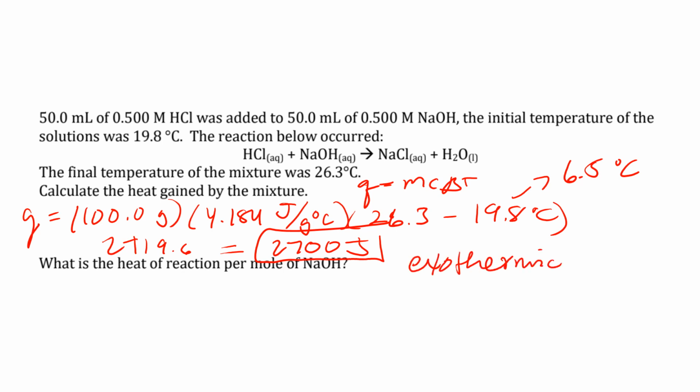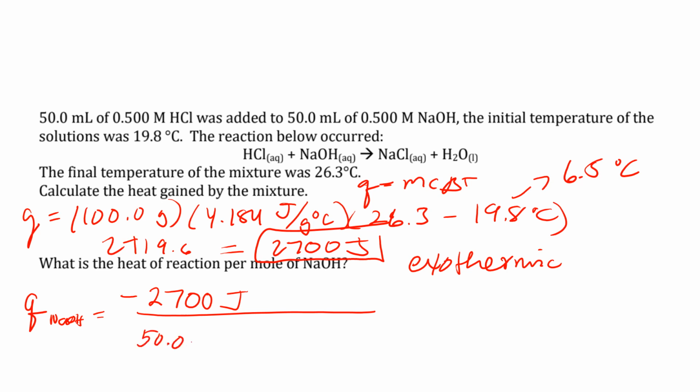The heat of reaction per mole of NaOH will equal the energy of the whole reaction, but because it's exothermic, it's negative because it releases energy, so negative 2,700 joules divided by